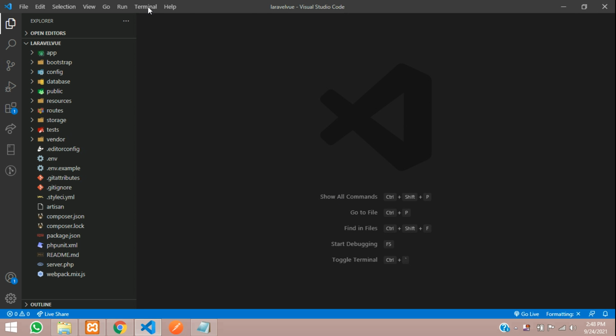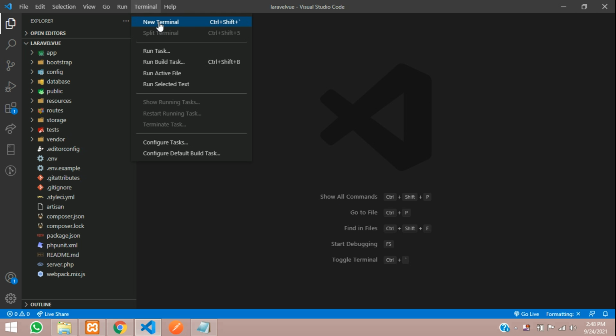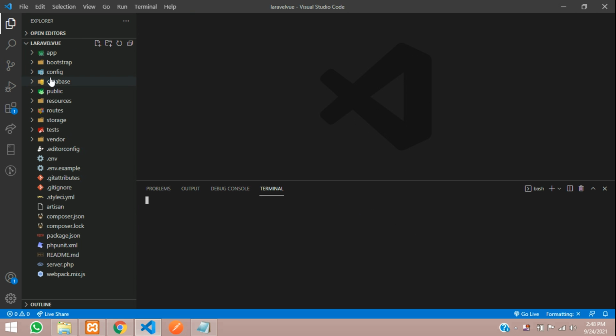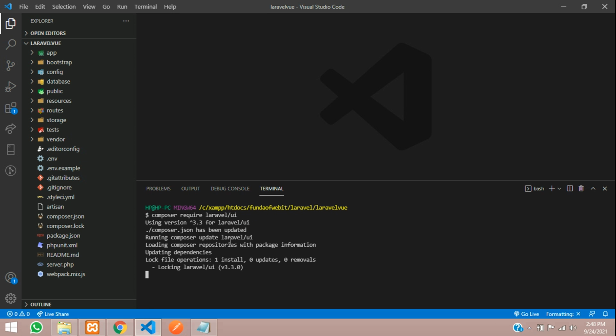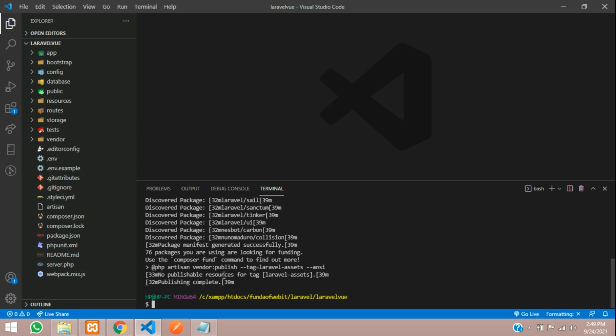Now let's open our terminal and install Vue in our Laravel application. For that you need to install the Laravel UI package. So composer require laravel/ui, hit enter. It's successfully installed now, and let's install Vue.